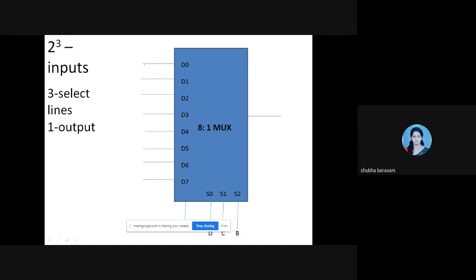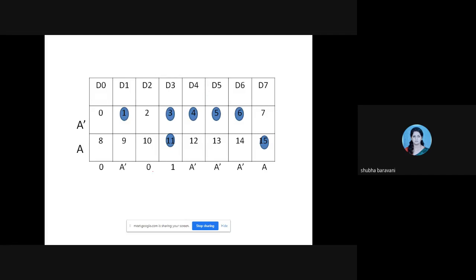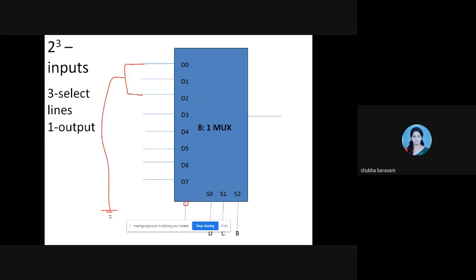D0 and D2 are connected to logic 0, you can connect them to ground. I put the encoder here. Now D3 is connected to logic 1. I'll directly connect D3 to logic 1.